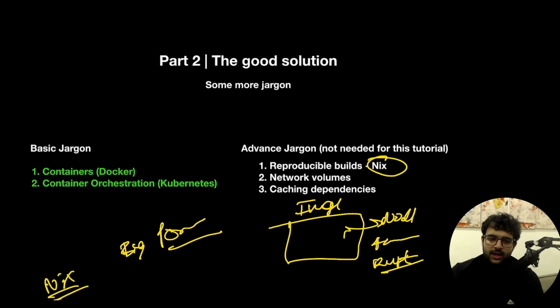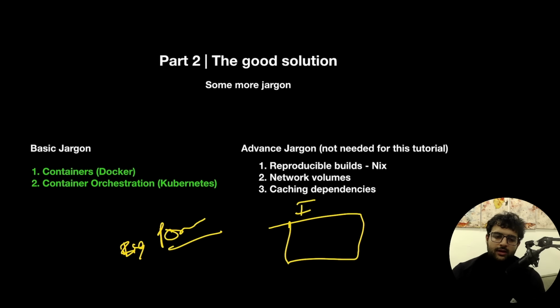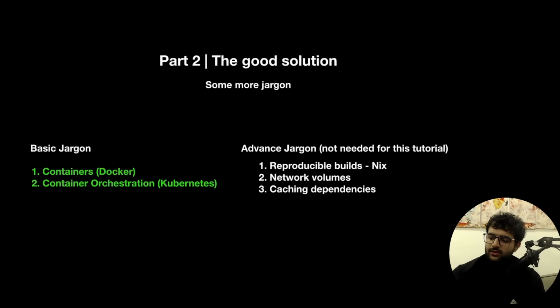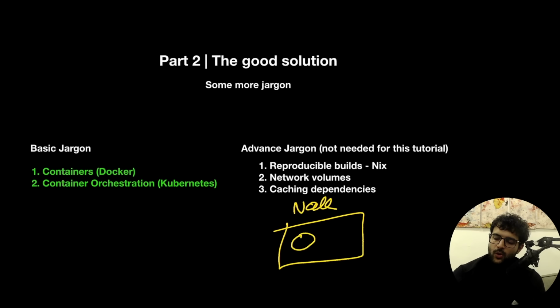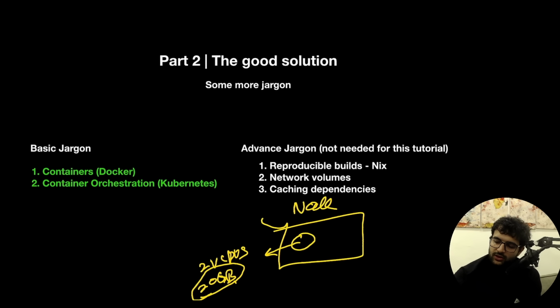Second thing is something called network volumes. One thing you will see very soon when we go through the final architecture is we have a machine which is a node inside which we're starting a pod, and this pod we will restrict some resources on it. We'll say you can maximum use 2 vCPUs and maximum use 20 GB of space, something like that. Now this 20 GB in our approach right now exists on this node, which basically means if this node has 200 GB, we can safely say it's very easy. You can start 10 different